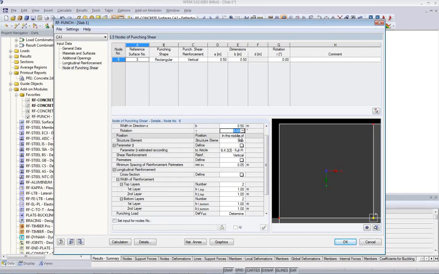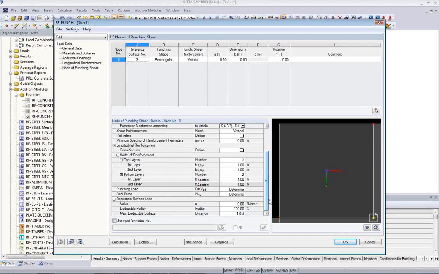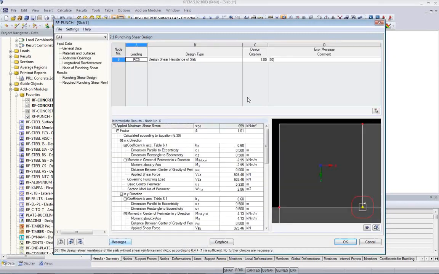I assume the position is somewhat in the middle of the slab. The shear reinforcement should be designed, if so, vertical. I want to get the reinforcement should be laid out. So it will now create a reinforcement first in longitudinal directions, and if I can provide enough reinforcement that punching is not a problem, it will not introduce any shear reinforcement. Okay, and with this I run the analysis, and I get here a design criterion of 1,